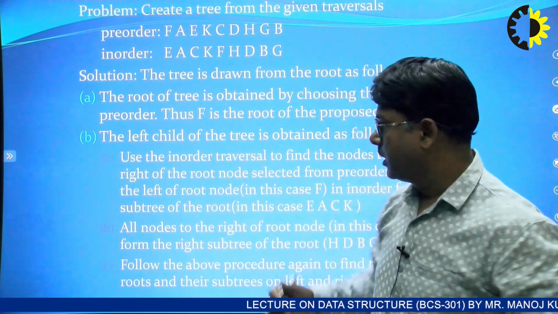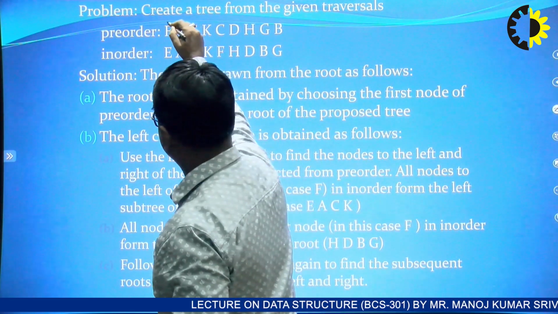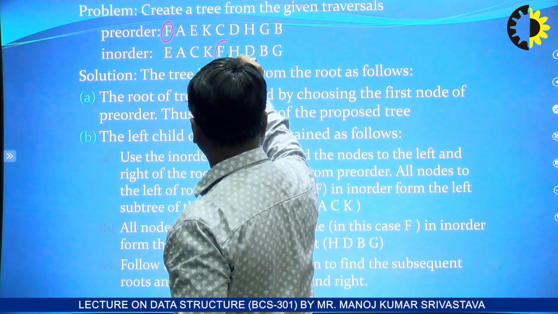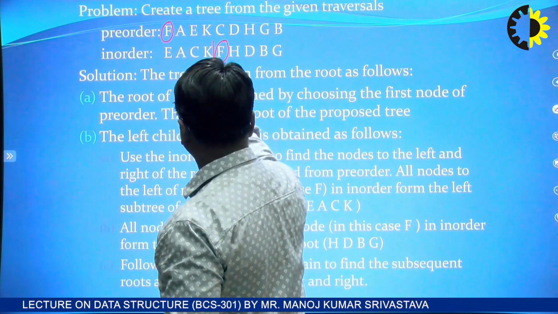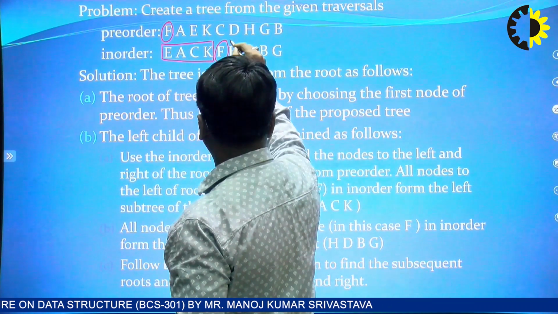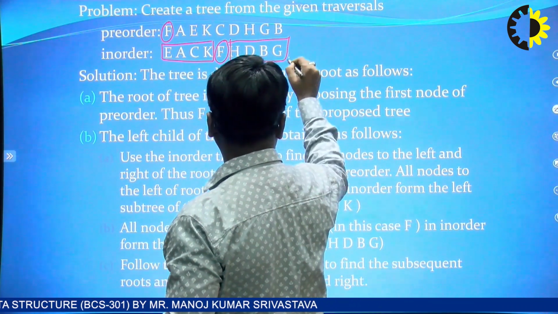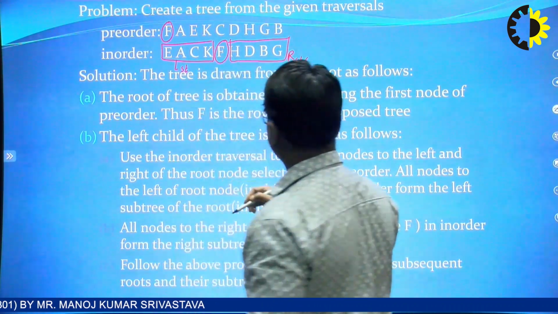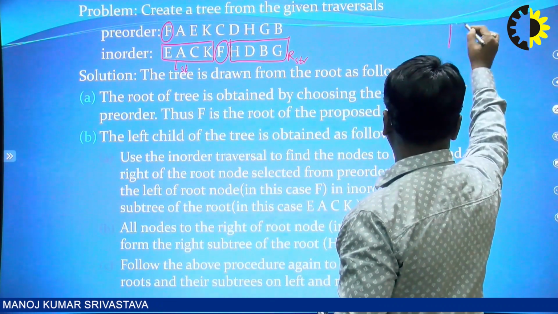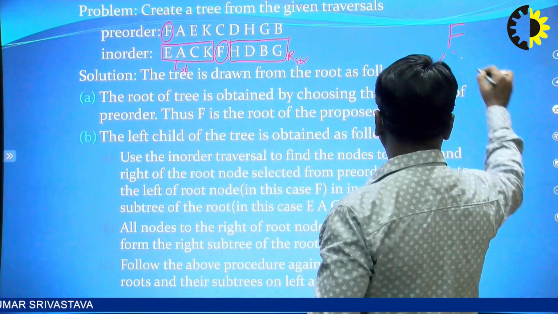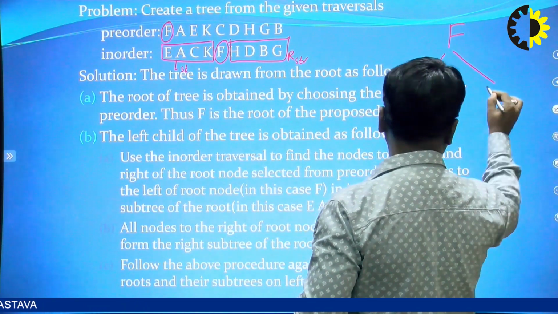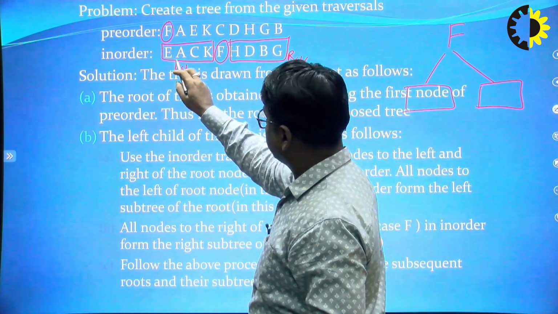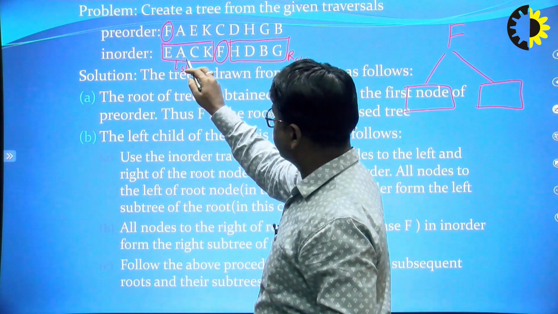In this case, if you consider pre-order, this will be the root node. And in in-order, we see that the root node is in the center. Now, this will be the left subtree and this will be the right subtree. So this is how we can create our tree. For example, this will be the root node, this will be the left subtree, this one will be the right subtree. And again, in order to find out the root of this left subtree, again we